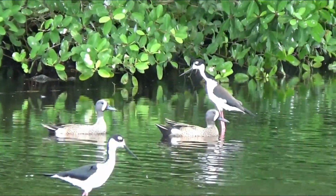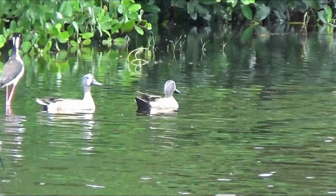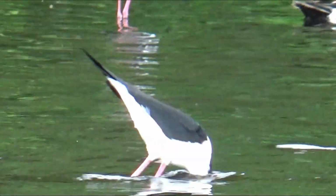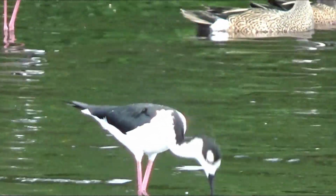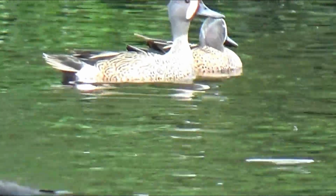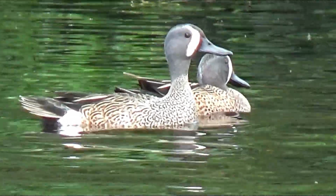The black-necked stilt, quite abundant here at the wetlands in southwest Trinidad. Its features include long rose pink legs or stilts, as its name implies, with elegant black and white plumage, and has a long, thin black bill. It forages by probing its bill into the water to feed on mainly crustaceans, mollusks, small fishes, and some plant seeds. They would also forage on aquatic insects and larvae if